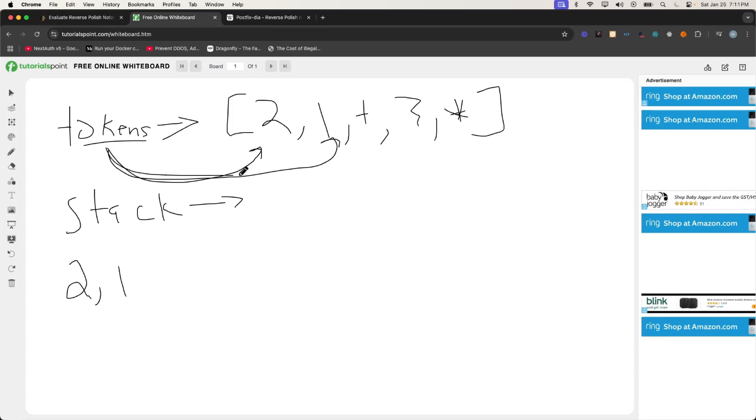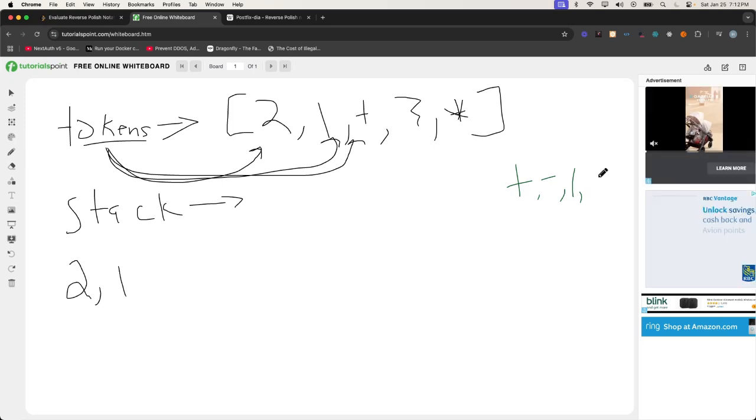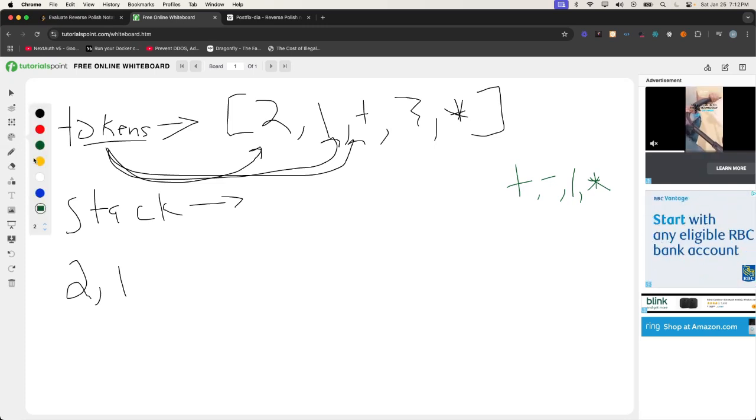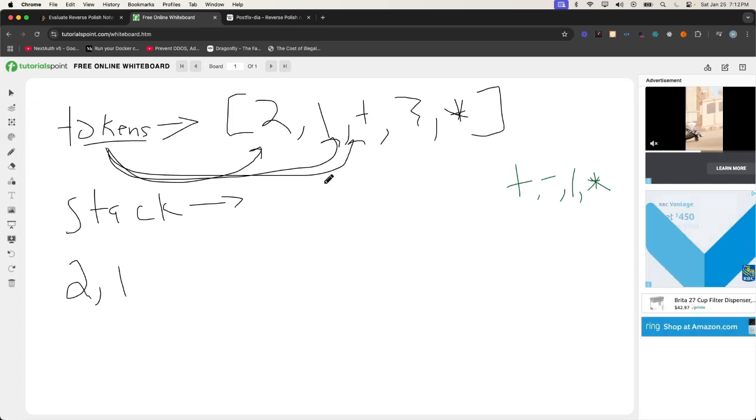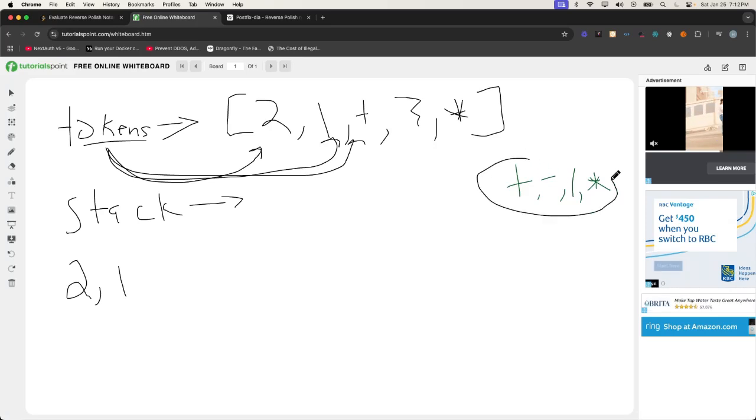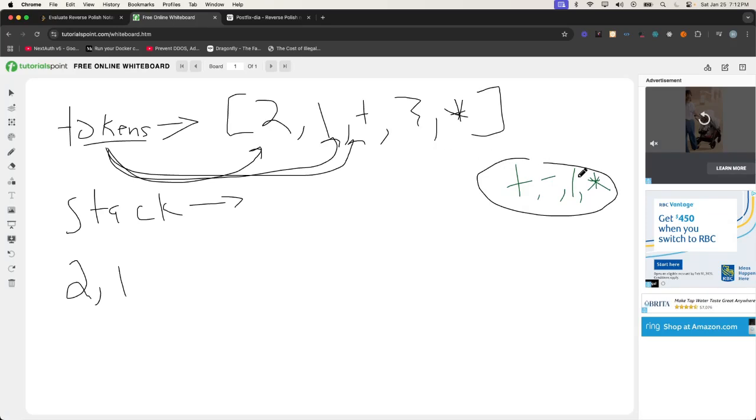And then once we see an operator, so an operator would be, I'm going to use a different color, plus, minus, divide or division, and multiplication. Okay. So here are the different operators that can be used. So now in our next iteration, we can see that it is part of this operator list